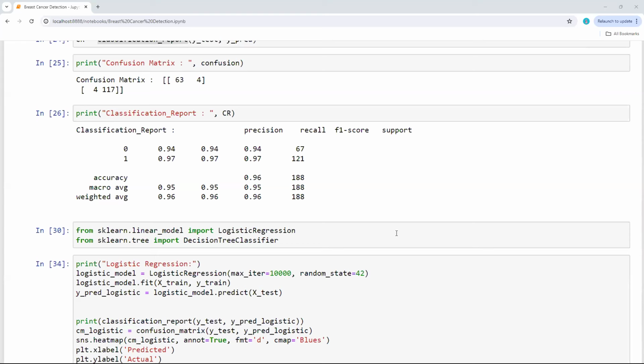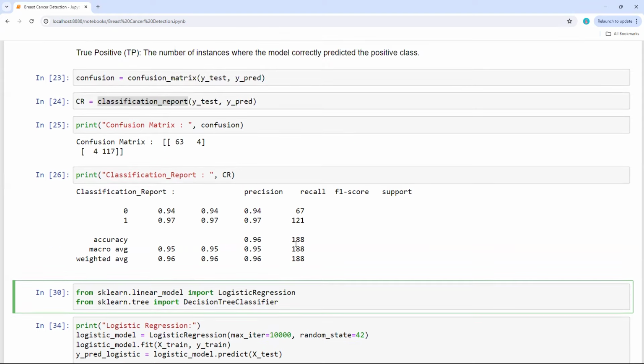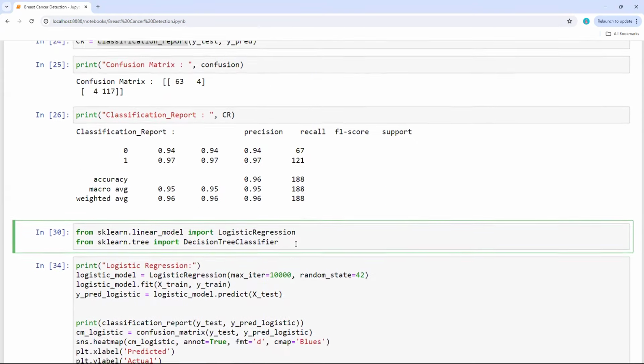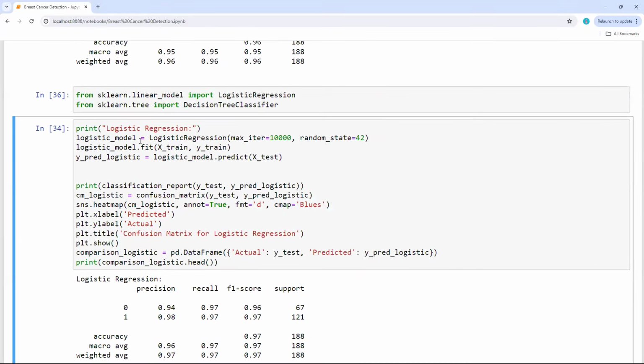So if I wanted to use the other classification algorithms, which is logistic regression, I just imported logistic regression as well as decision tree classifier to check which model is trained well. I'm going to follow the same steps here. So I use logistic, assigned it to the logistic model because I'm using logistic regression, and my max_iter is 10,000 and random state is 42. My model uses X_train, y_train from above, and this is the predicted